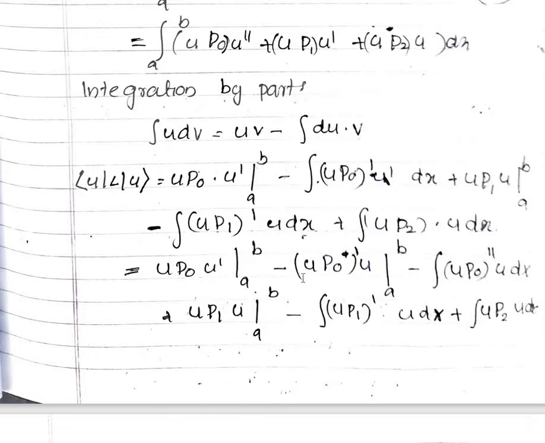So a constant term will arise, minus u p0 dash u between the limit a and b, minus integral of differential of the first into integral of the second. The differential of the first means u p0 double dash, integral of the second u dx, and this term remains as such. And when we integrate this term, you will get,